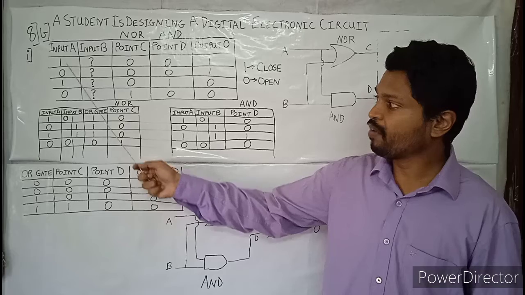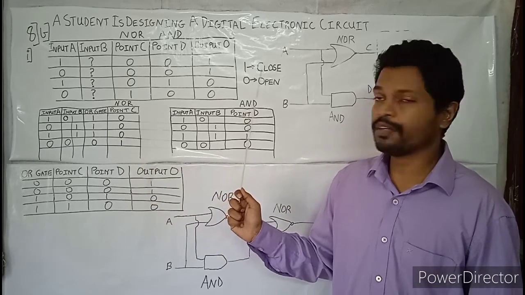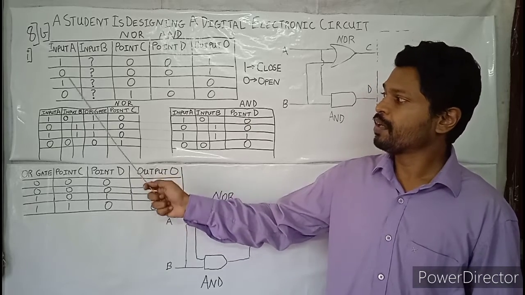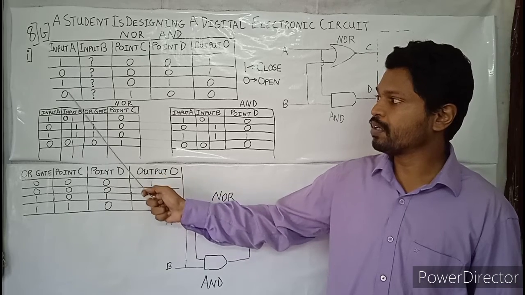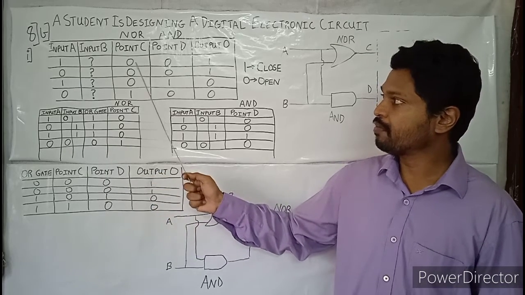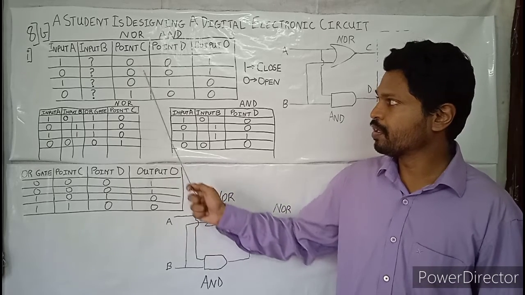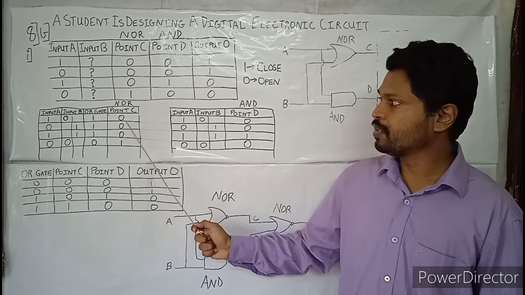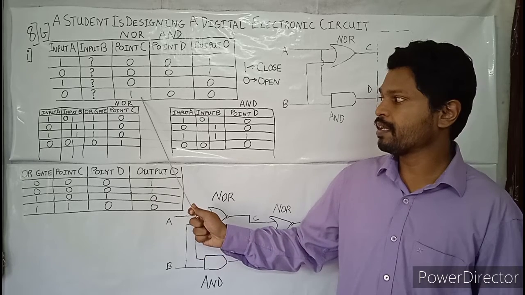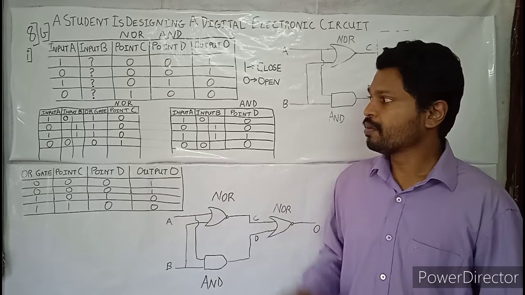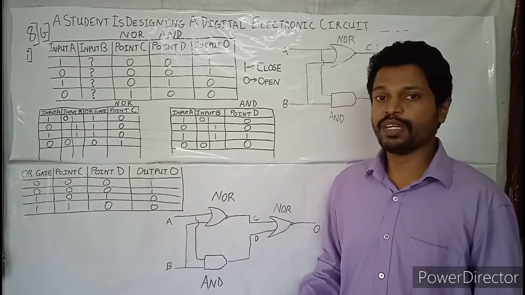You can see input A, 1 1, we have written over here. You need to understand that 1 means the circuit is closed. 0 we have taken from the question itself. 1 we have taken from the question. 0 we have again taken from the question. C we have copied as it is over here. Whatever values are there in C, we have copied over here: 0 0 0 0. Then again a 0 and this 0, and there is a 1 1. So these two columns we have copied from the question as it is.